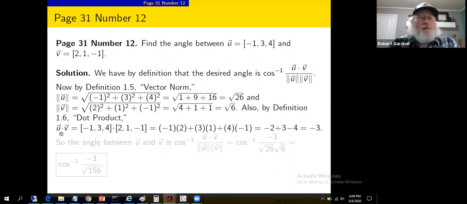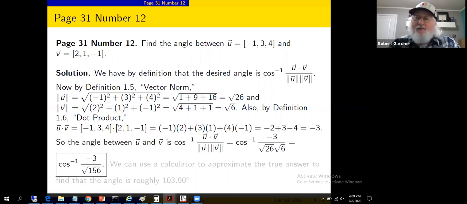Dot product, okay, let's actually compute a dot product. Haven't done one of those just yet. Take u with components negative 1, 3, 4, dot it with v with components 2, 1, negative 1. Multiply corresponding components and add them together. Product of the first components plus product of the second components plus product of the third components. Do the arithmetic. Looks like we get negative 3. So we got everything we need